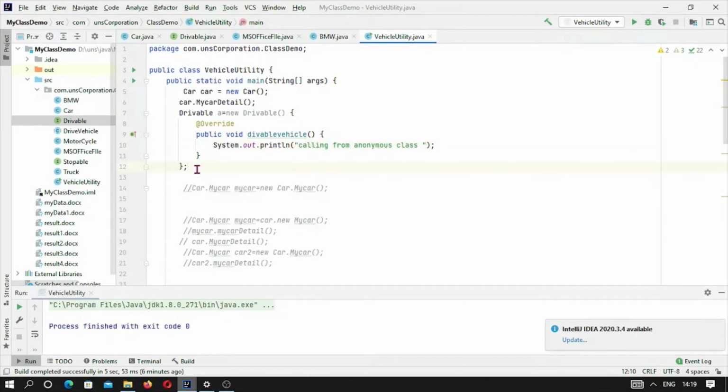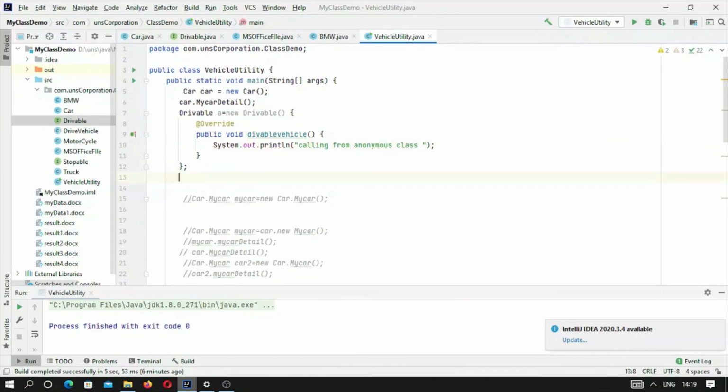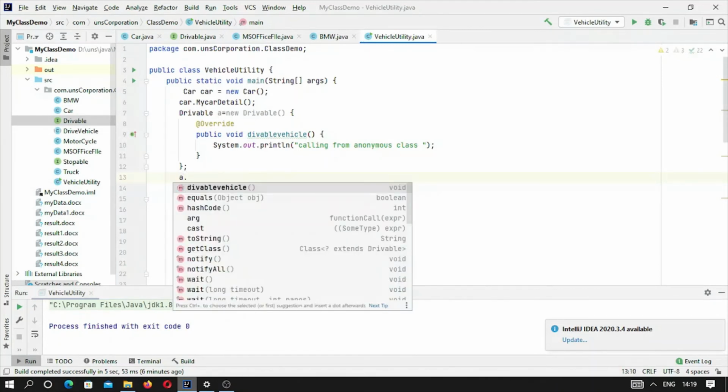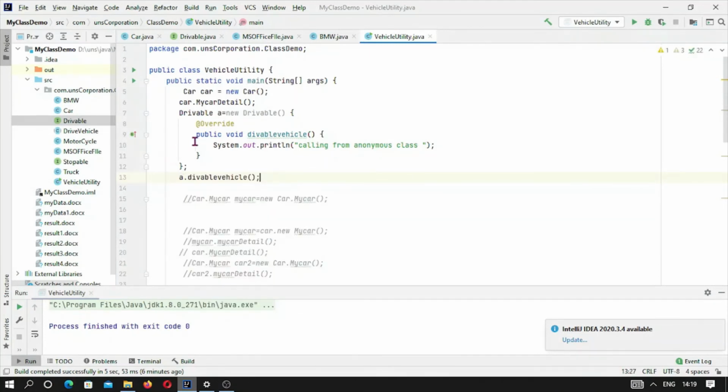Now from here we can call this one, and you will see in a console output this one. So let me first comment it, otherwise it will again call this one, and let me run it. We will see the result in a console, that whatever is written over here will be printed in a console.